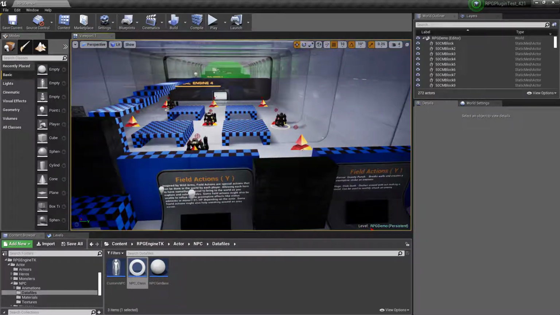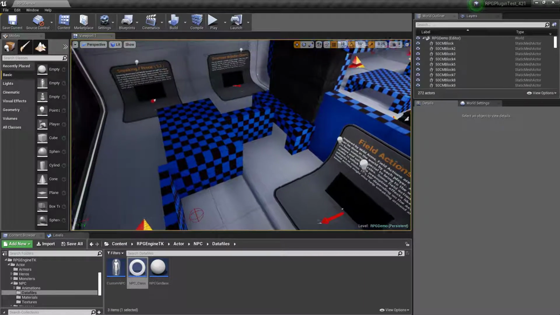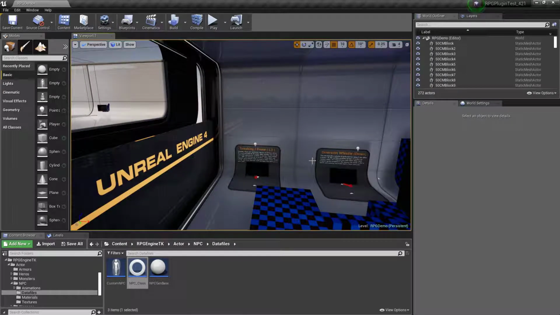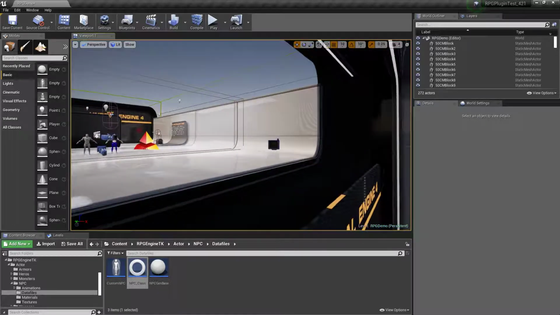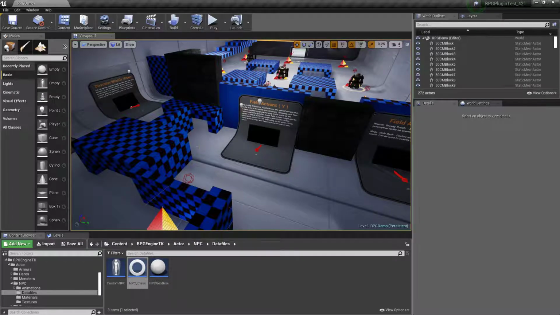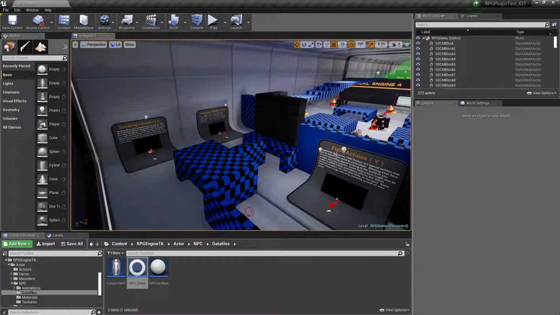I guess the next part I'll talk about the enemy placements and things like that. I think I've covered the field actions already. I mean, that's just general extra stuff that I wanted to add in for just example purposes. I'm also using it for my game, but you know, if anybody could benefit from any of this and who don't know how to implement anything like that, I just left it here